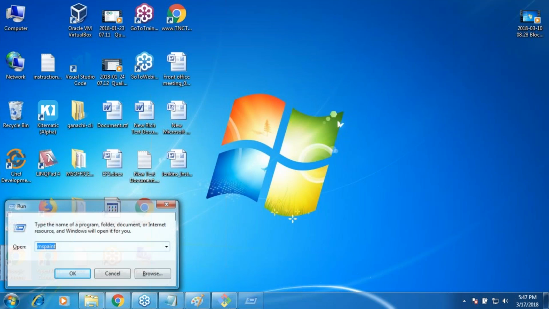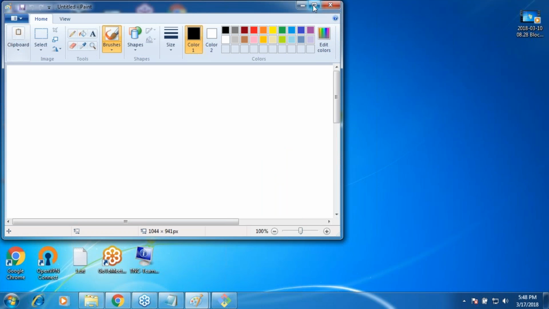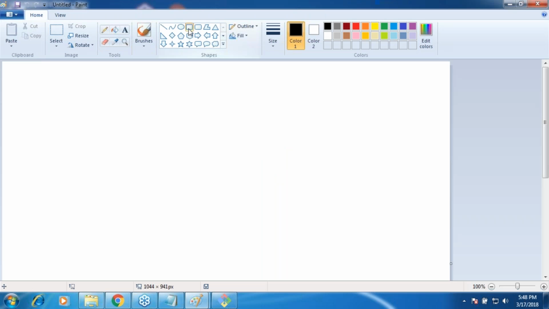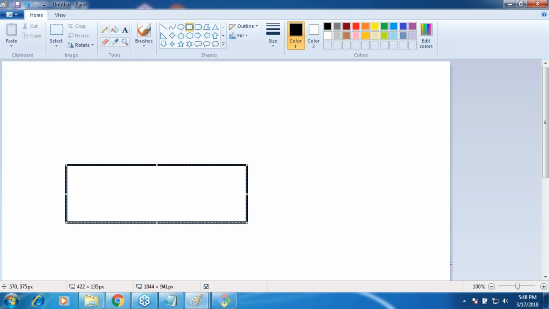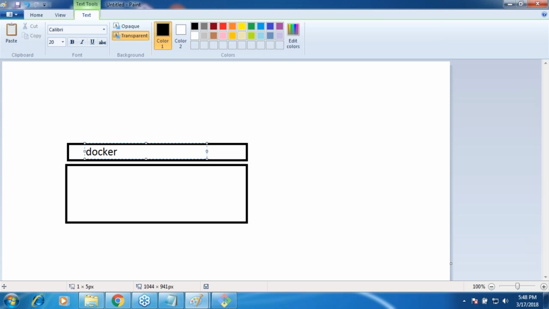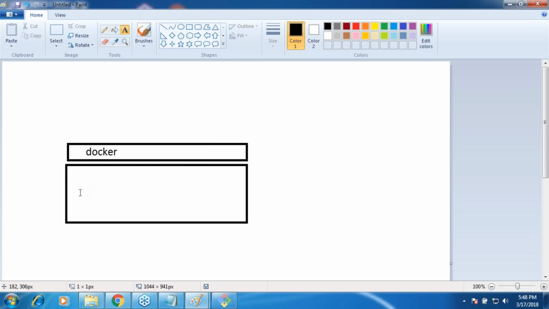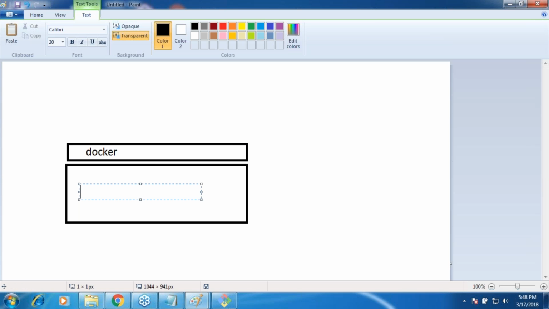Quickly I'll try to do it, because I think most of you understood this concept. So this is my machine, and in this machine I have installed Docker. This could be whatever machine you have chosen. As of now I'm calling it an AWS EC2 machine, because that is my setup right now.